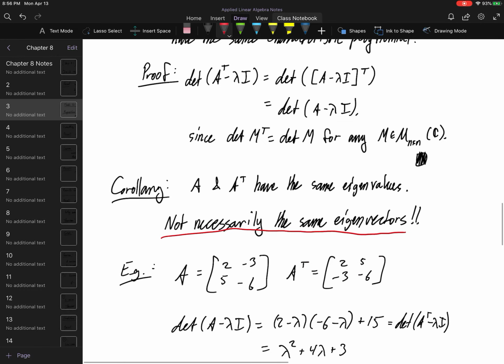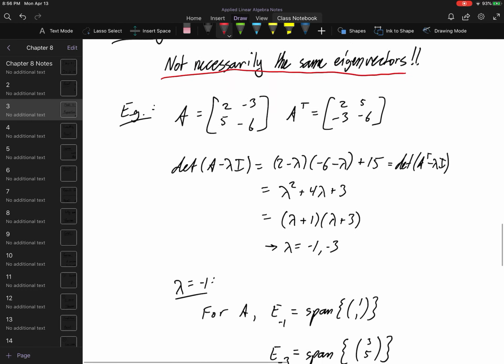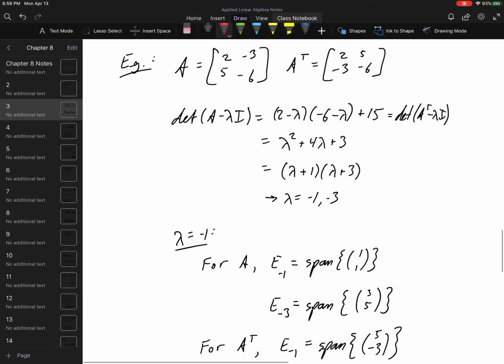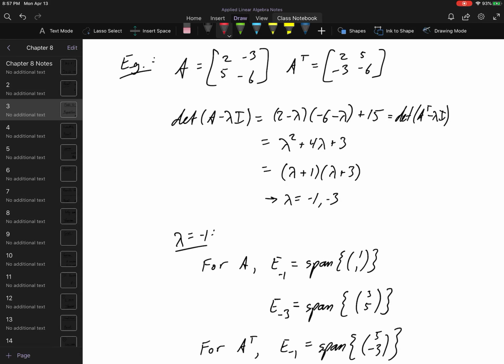So if I have the same characteristic polynomial, then I have exactly the same eigenvalues for these two matrices. The thing that's not necessarily the case is that I have the same eigenvectors. And we can be very explicit with that construction here. I can show you that if I give you this A with that transpose, that these guys do have the same